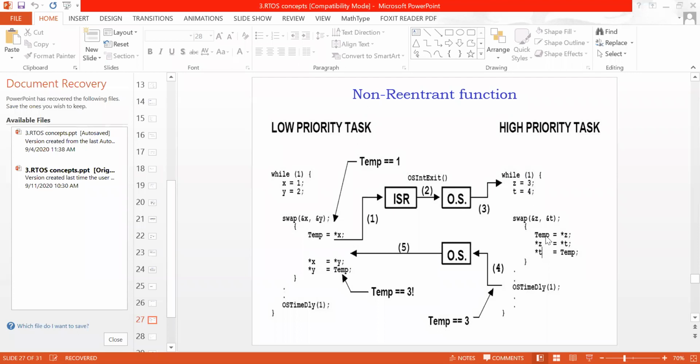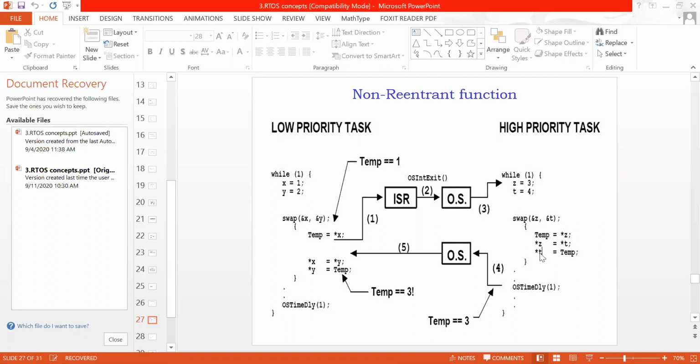Harshada and Sneha, this is also the correct answer. Now what is the value of z? z equal to t, that is, copy the value of t into z. So what is the value of z? Read the statement. It's not 2, it's a 4, because the value of t is 4, so copy 4 into z.